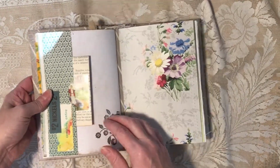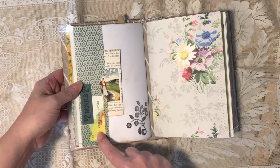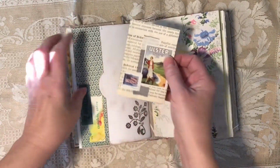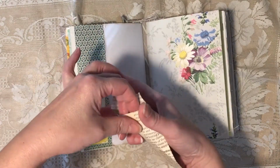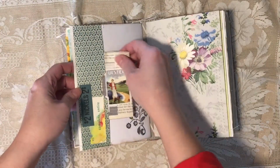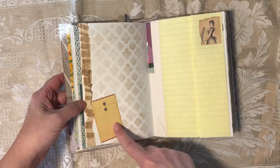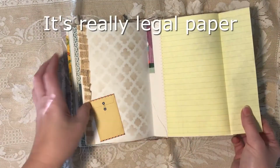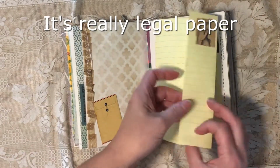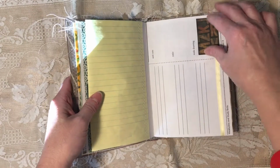Side pocket here with a coin, part of a coin wrapper. Translation card that has watercolor on it. This is a seed packet style envelope I made from a book page with some collaging. Rubber stamp down here. Scrapbook paper. Pattern tissue. Scrapbook. This is ledger paper sewn to a book page. A scrapbook, ribbon,